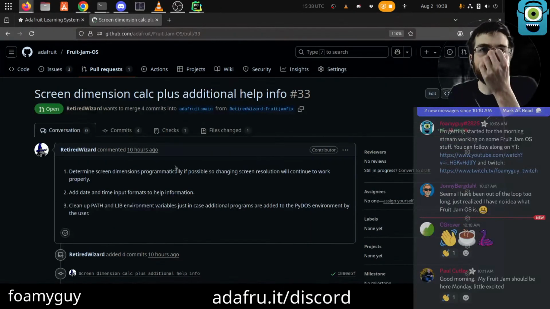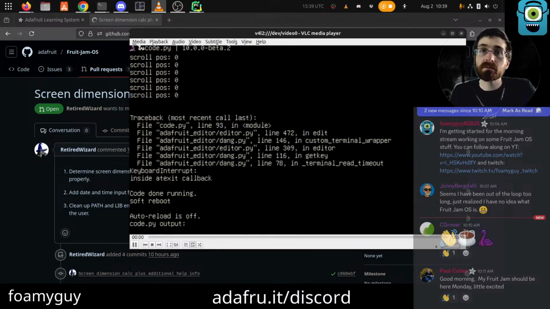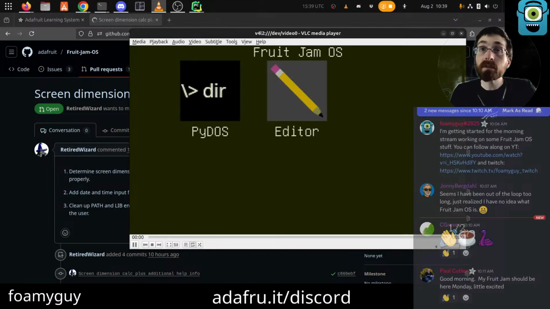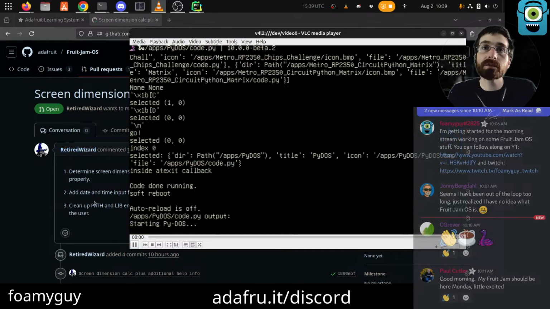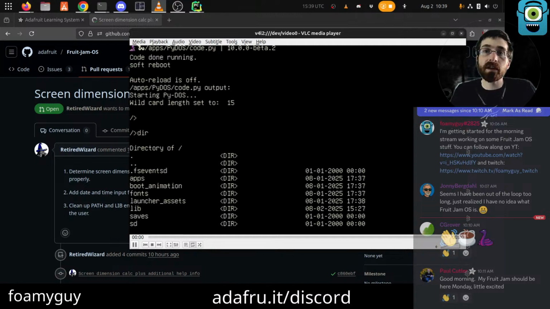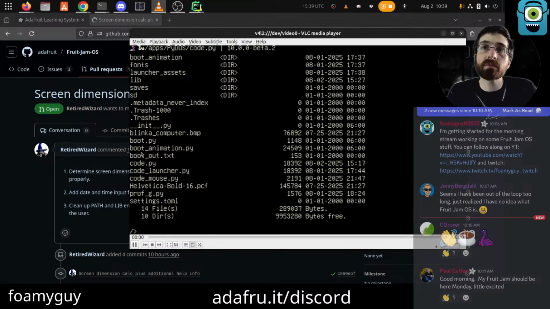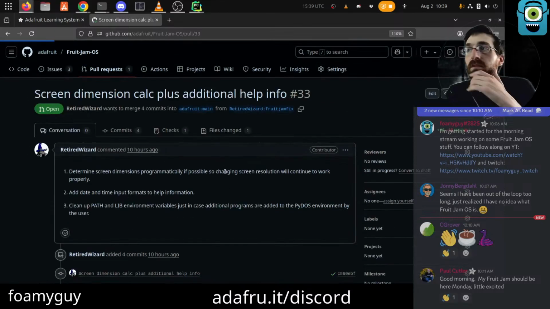Thank you to Retired Wizard also, by the way. Retired Wizard's done the PyDOS app that's in there. I quit out of this, which is Control C. So this first one here, PyDOS, was made by a Retired Wizard community member. This is like a DOS shell, so you can do dir, see the list of your files, and a handful of other DOS commands, which I do not know by heart, but this thing supports them. That's super cool. We can check this out while we're here.